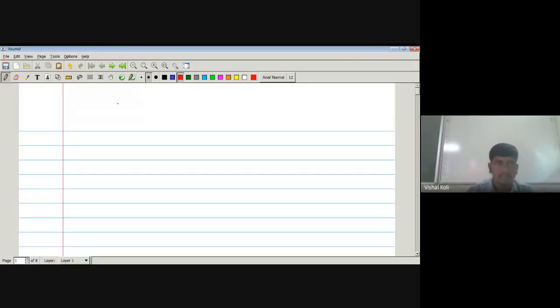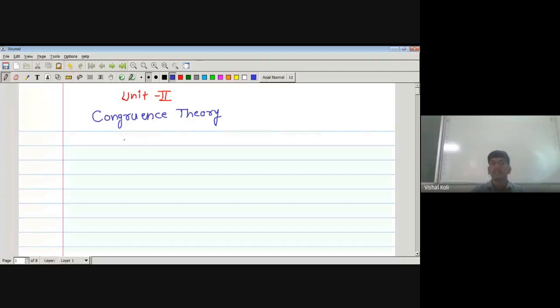Unit two. Okay, now we have to see what is congruence theory. Actually, congruence theory is another approach to divisibility theory. Here also we have to use the divisibility theory only. What is meant by divisible? Any two integers are said to be divisible with